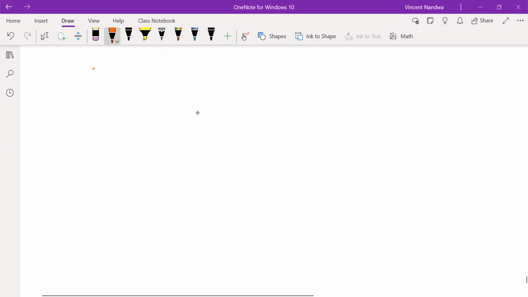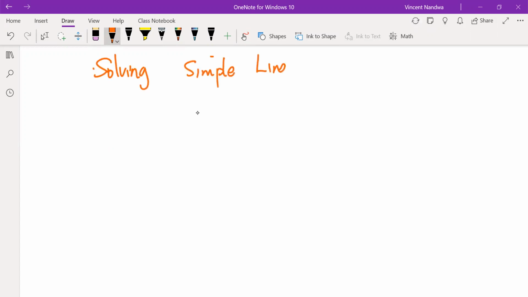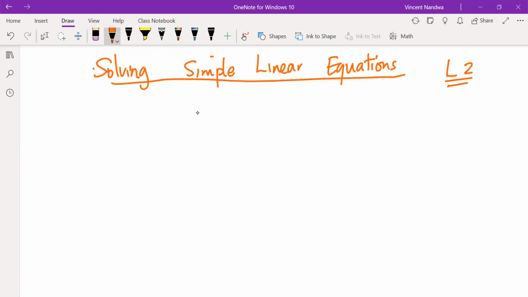So we are solving simple linear equations. This is lesson number 2. We go straight to the first example. Solve the equation